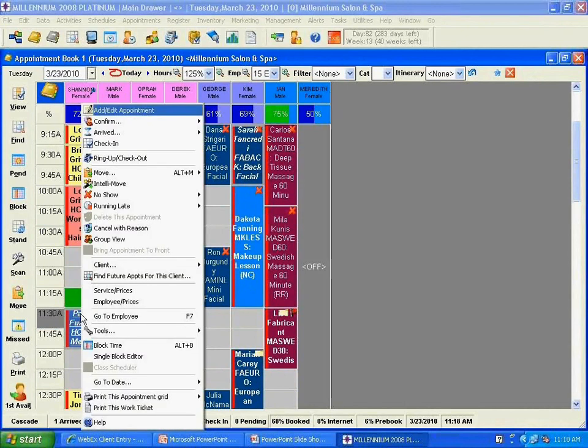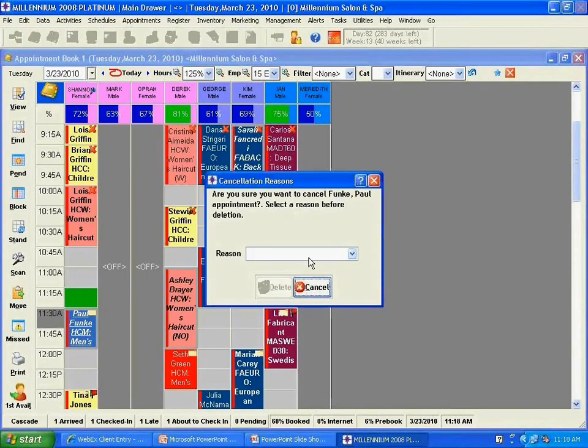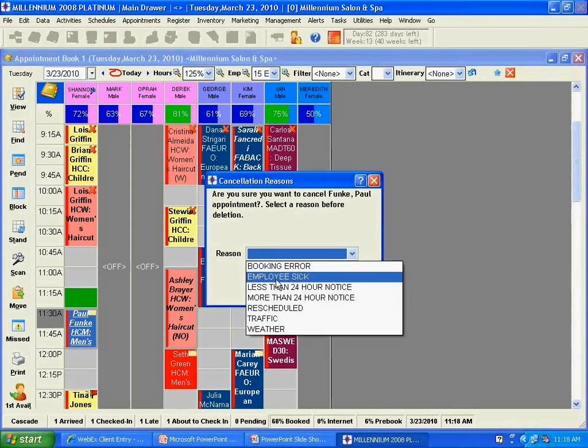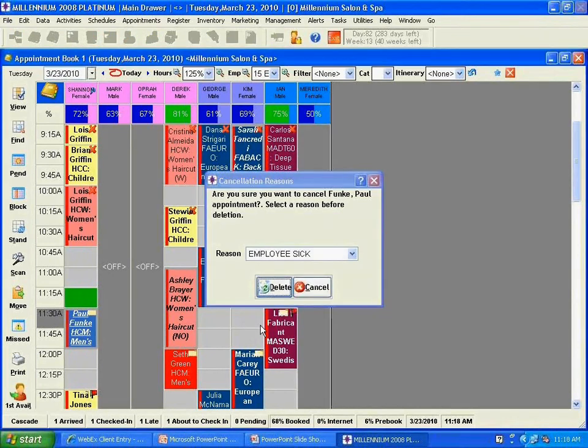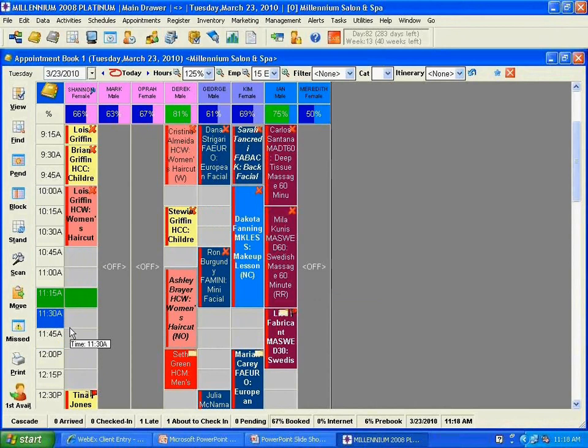We can also say, now if we cancel, the cancel with reason button would show up. And we can say that the employee is sick, and we can press delete, and that would take Paul's appointment right off the book. If somebody is running late, let's say Ashley calls in, she's running late, but she will